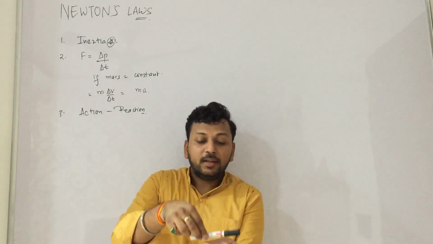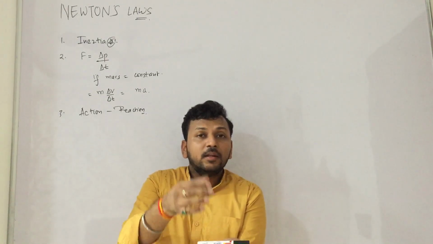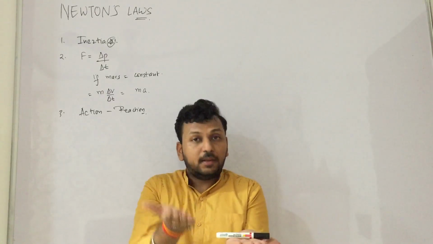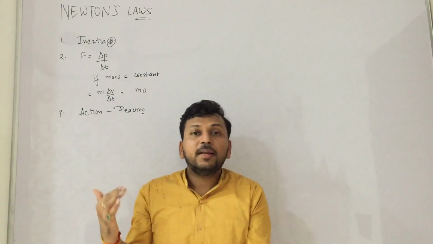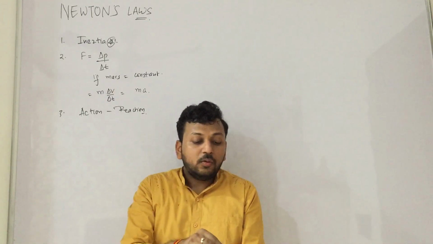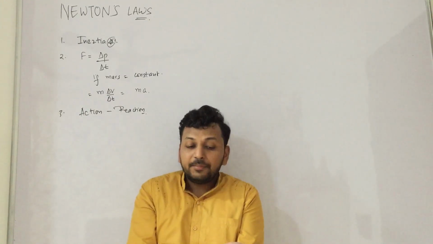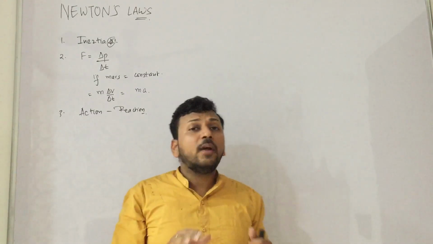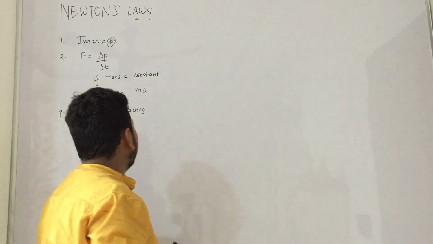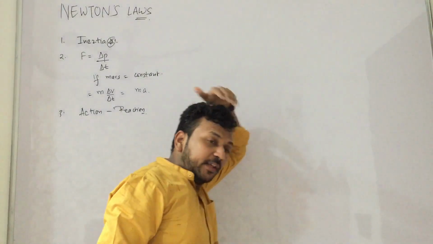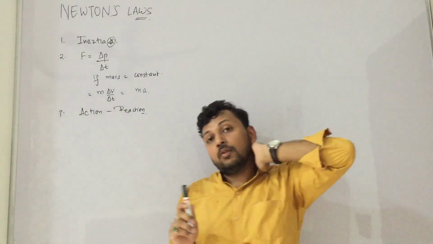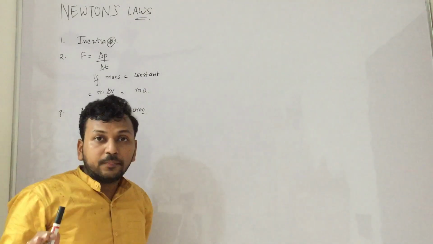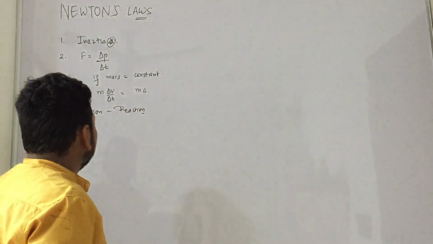If I place it here, it is exerting some force on my hand. I am also supporting it. We will study it; it is called normal reaction. So a normal reaction pair is happening. I am supporting it, and it is applying some force on my hand. Similarly, every force has an equal and opposite reaction. These are the three laws which won't be broken whatever the situation. Now this is important: you won't break any law in Newtonian physics.